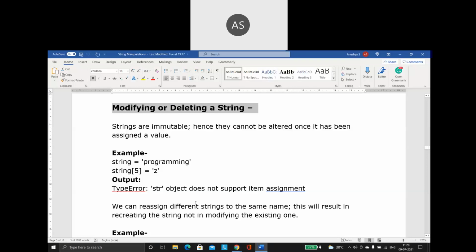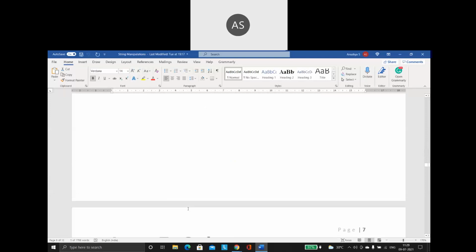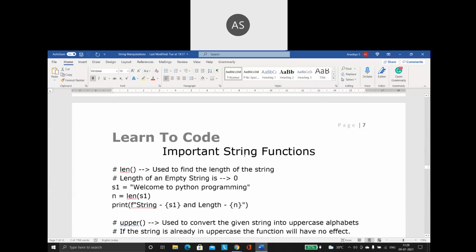Done. So what is the next thing? The next thing I'm going to tell you about is some important string functions. There are a lot of predefined functions available for strings, around 50-60 functions.